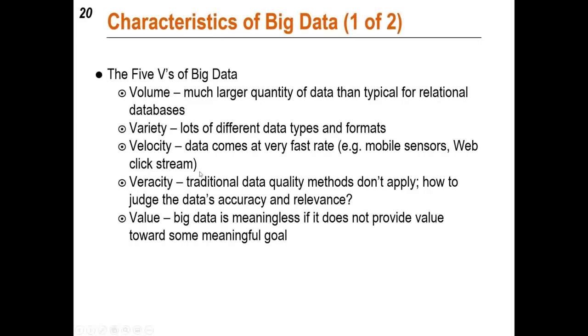For example, sensors in a mobile device generate a large amount of data that can be of interest to some companies, right? For example, Google. When you use Google Maps, it generates millions of hotspots or places you visit. So how important is this information for Google to analyze, and then to suggest some new information to you. So velocity refers to the speed of this kind of data which arrives